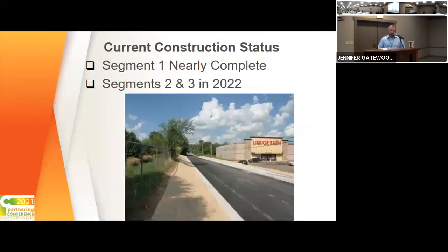The current construction status: originally our plan was to get segment 1 and segment 2, so the 2 northern sections, completed this calendar year. However, we ran into some change orders with some unknown underlying conditions, as well as the contractors had some staffing issues this year, which is pretty common across the state right now. So right now, it looks like we're going to get only segment 1, the most northern segment, wrapped up in the next few weeks